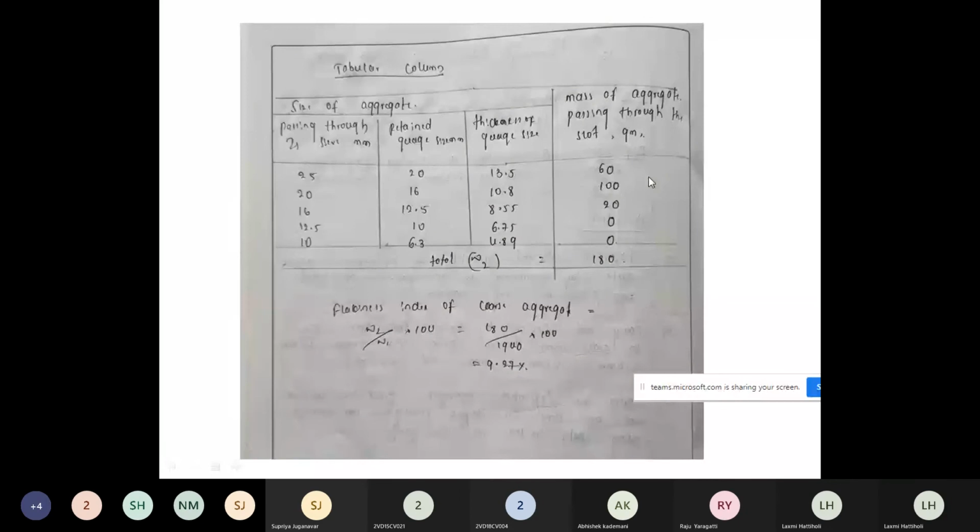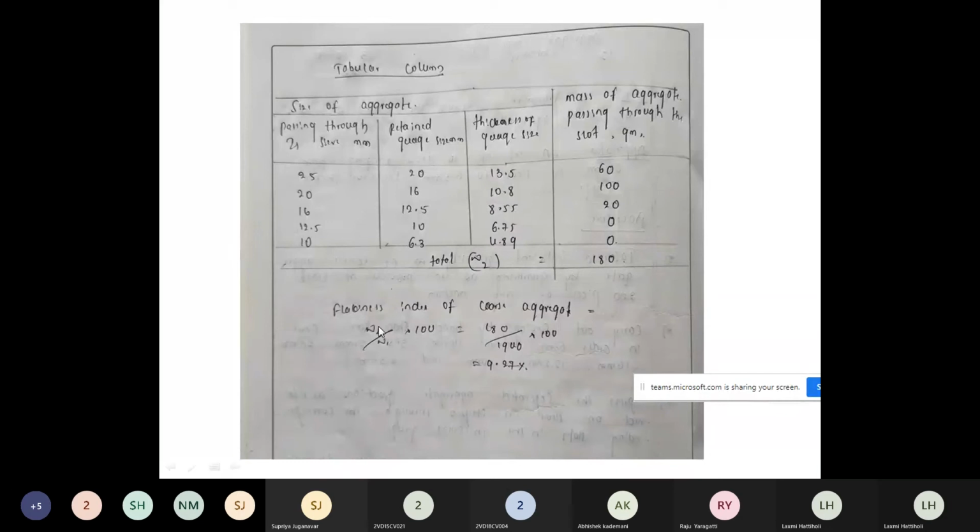You can see here 60 grams, 100 grams, 20 grams, and so on. Now take the summation of this, you will get 180 grams. Total is 180 grams. So this 180 grams indicates that these many aggregates have passed on the thickness gauge. So now you have the W1 value and the W2 value.